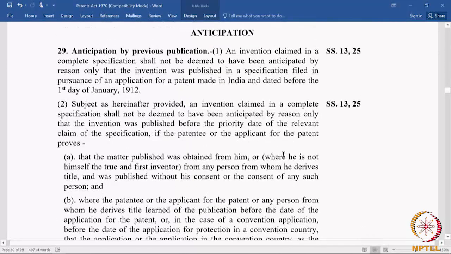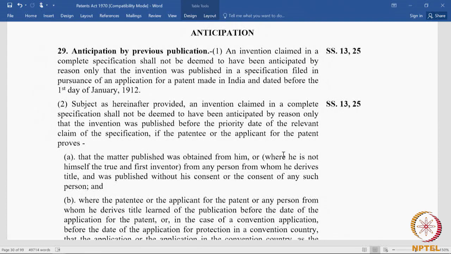Now, in short, this means that disclosures made before the priority date, an invention that is disclosed before the priority date, which was done without the consent of the patentee or the applicant, will not amount to anticipation. For instance,